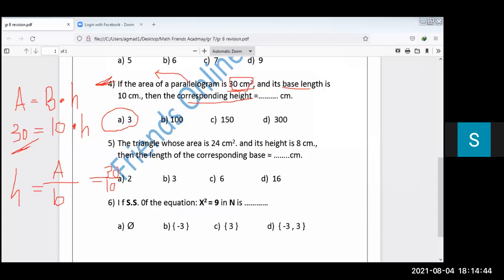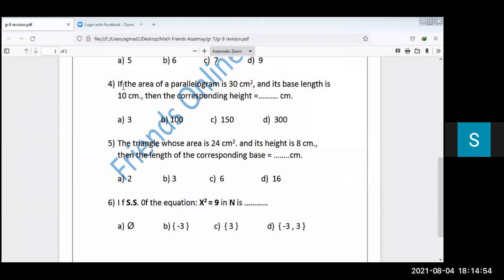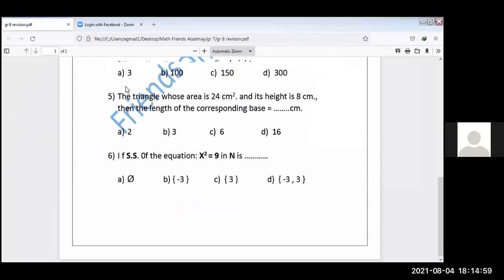Now I need Hannah, please. Hannah, we are in question number 5. Read it. The triangle whose area is 24 centimeters square and its height is 8 centimeters, then the length of the corresponding base is equal. When you see something like this, dear, write the rule in front of your eyes. The area of the triangle equals